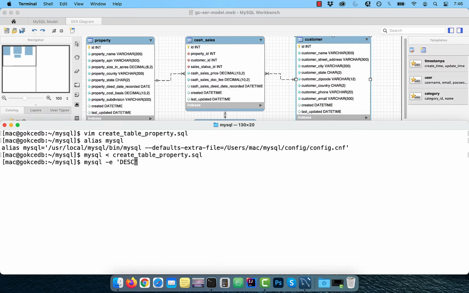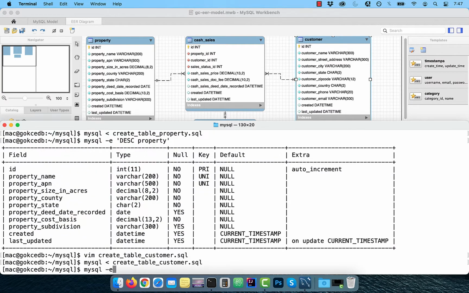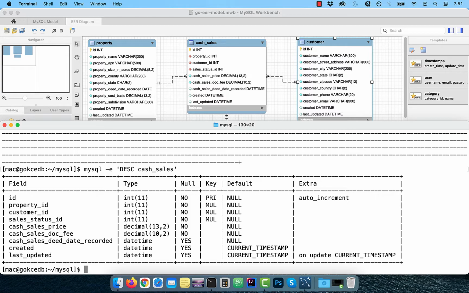To check the table structure, use the desc or the describe keyword. I'm going to speed up the video and create the rest of the tables. Let's say I want to alter the cash_sales table and modify the cash_sales_doc_